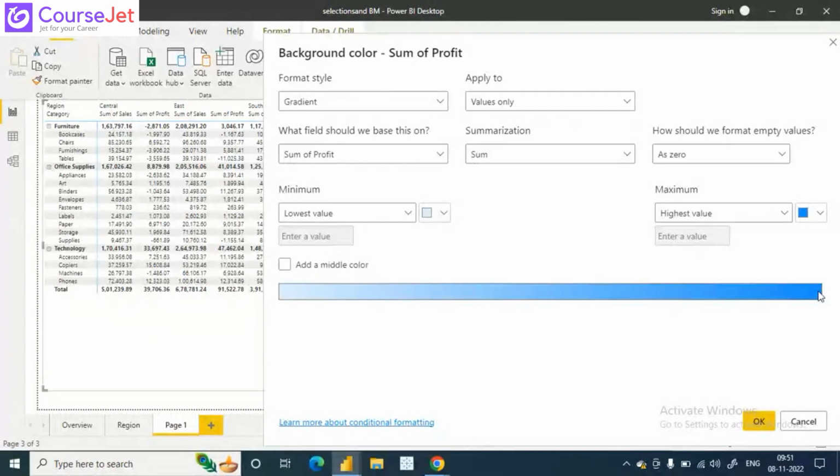I want the same color to be applied to all the negative values. For example, if you use gradient color for negative values, we have values from minus 1000, and we have minus 2000 also. So minus 1000 should be a light color, and minus 2000 should be a somewhat darker color. I don't want it that way. I want a common color for all the negative values. So for that, I'm going to